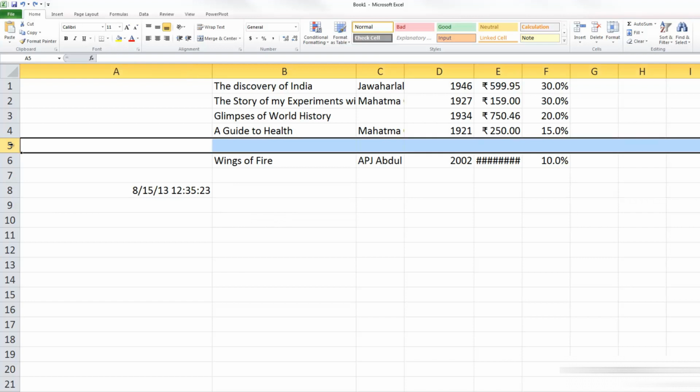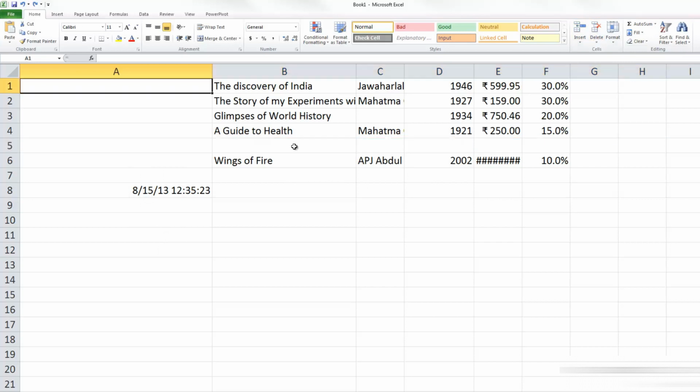So if I don't need the blank row here, I will right click that and then click delete, and that'll delete this row completely. And we can also use the delete menu item here to delete a row or delete specific cells. You have two ways of doing it. You can use the mouse and use the right click, or you can use the menu here, whichever is more convenient to you. So I'm going to type in the information about our new book, and that is going to be